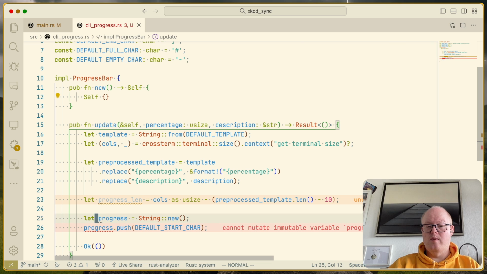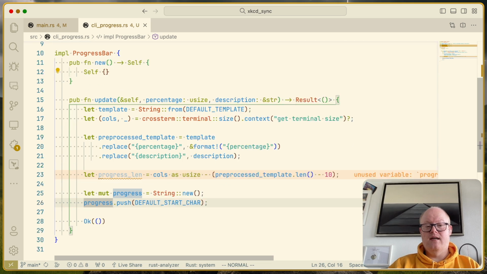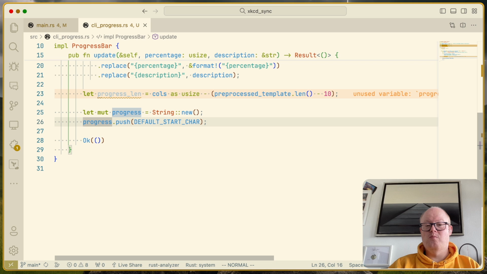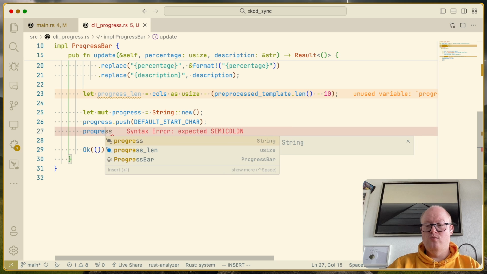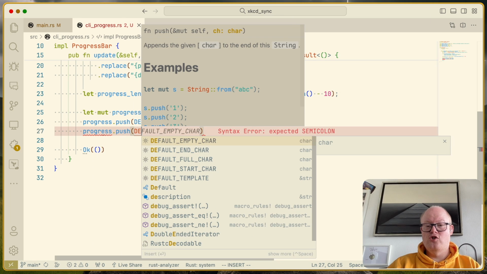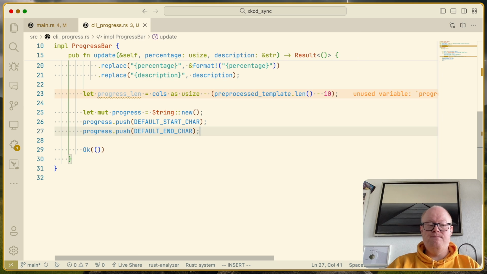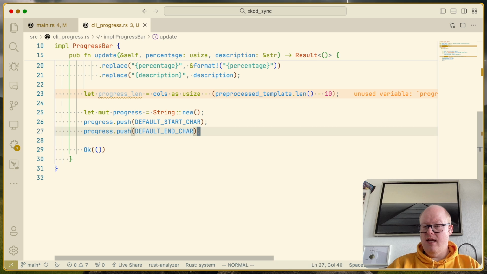Oh yeah, it needs to be mutable, of course. And I've just put this too low, so hopefully you could see that anyways. So now we will do something like progress push default end char at the end here, and in between we need to put our